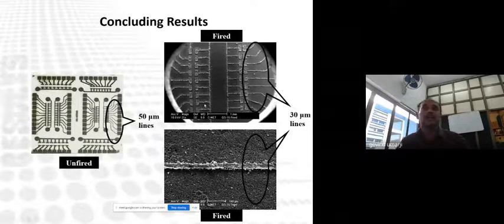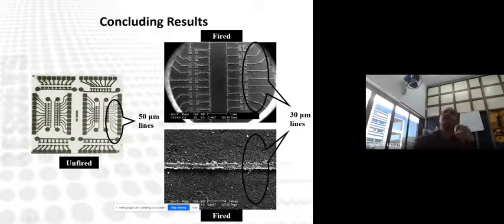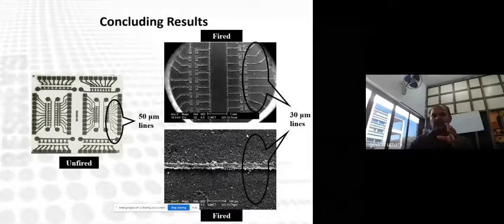Amanika sir. We got this unfired sample where a 50 micron line was photo patterned, and after firing, shrinkage also takes place, and the 50 micron line shrinks to 30 micron. So we have to design our ultimate HMC device considering the shrinkage also, and as a result, the conventional thick film,